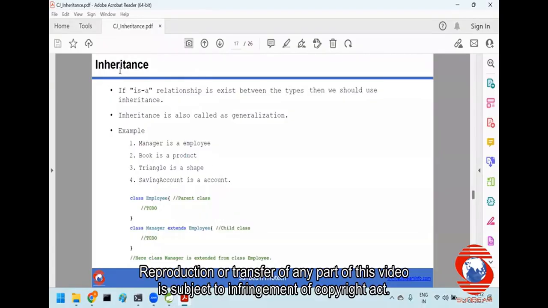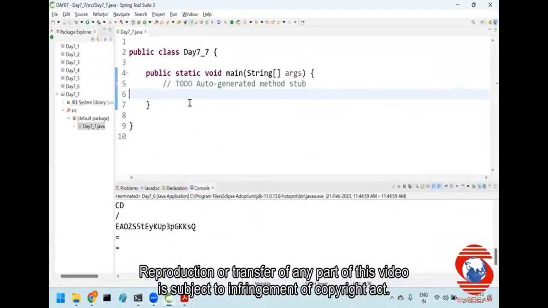Let us see how inheritance works. If there is an is-a relationship, then it is inheritance. It is also called generalization. Manager is an employee. Book is a product. Triangle is a shape. Saving account is an account. That means these are all examples of inheritance. Now the question is, how do we create inheritance in a program and how do we reuse features in a program? So let us say,